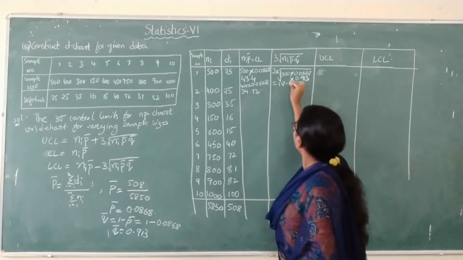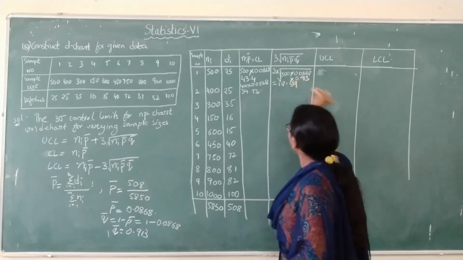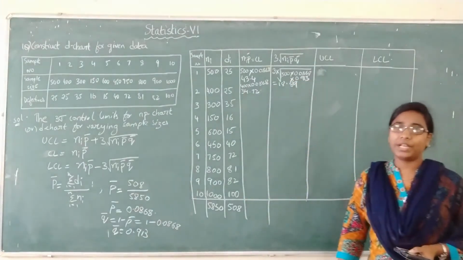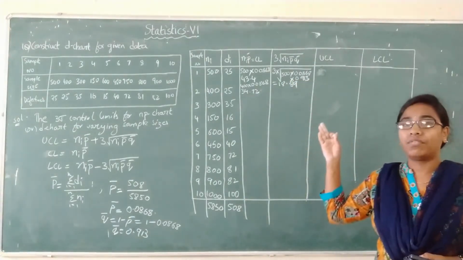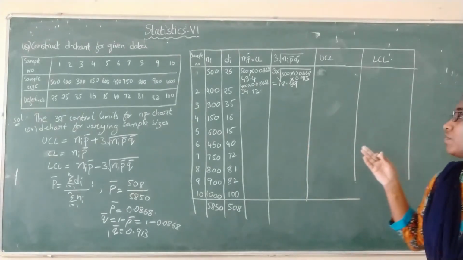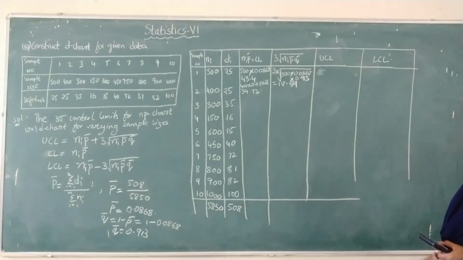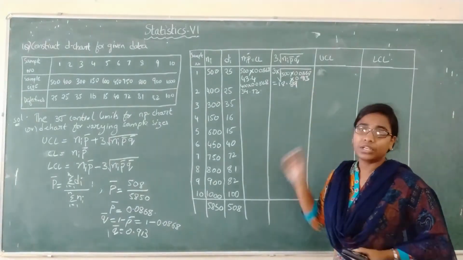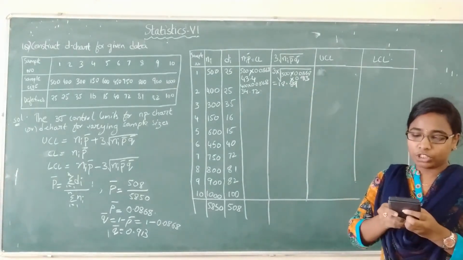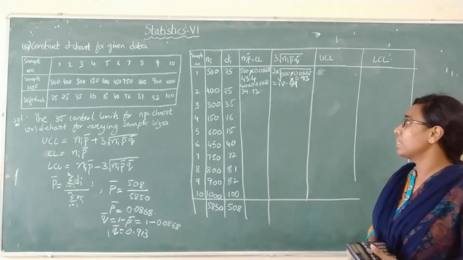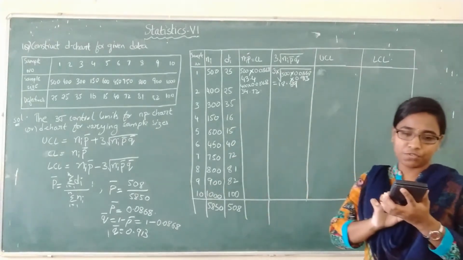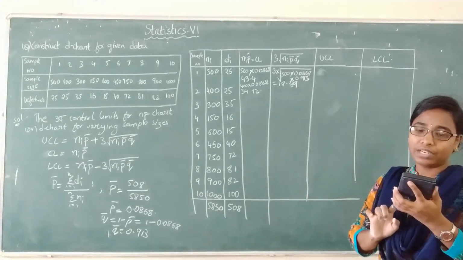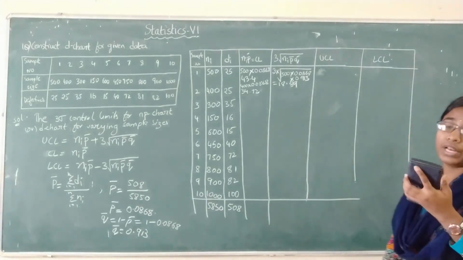So I am rounding off and writing 18.89. Only 2 digits I am writing so that we don't have to draw many lines, right? So for that case I am doing like this. Similarly, for the next value also, the P bar and Q bar values are the same. You have to change only the sample size. The second sample size is 400, so in place of 500, write 400. You will get the answer as